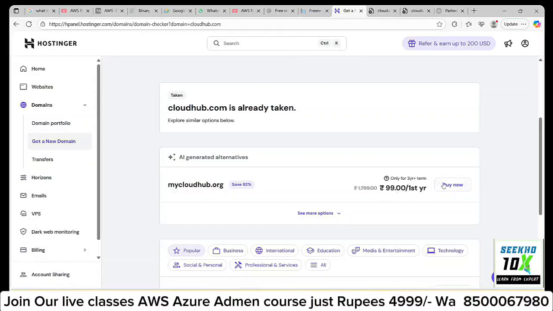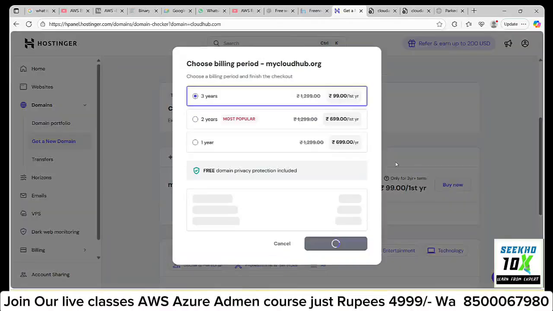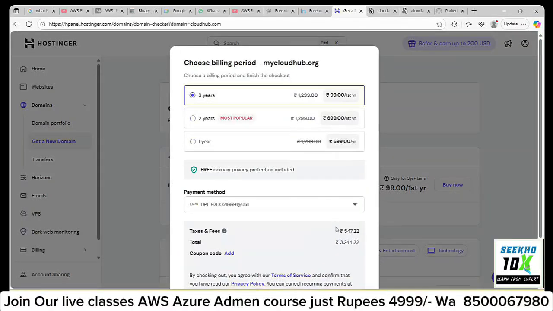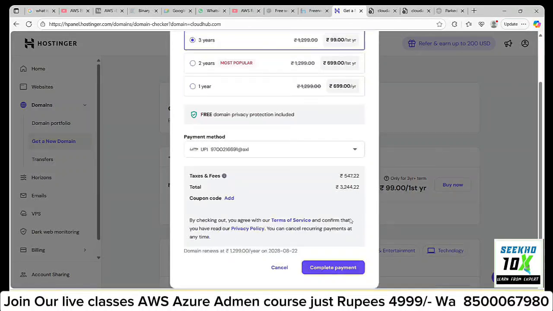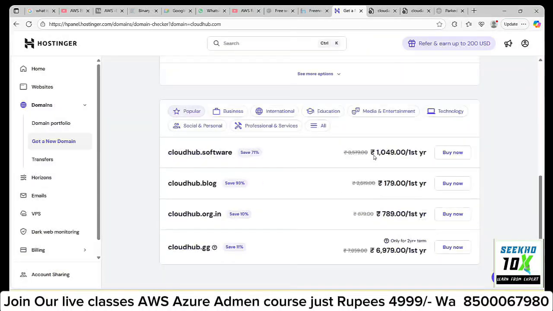When I try to buy this, it will show me 3,244. Why? The 99 rupees charge is only for the third year. For the first and second year, you are going to pay 12.99, and the third year you will get 99 rupees. You are taking the subscription for 3 years. Like this, there are some charges.